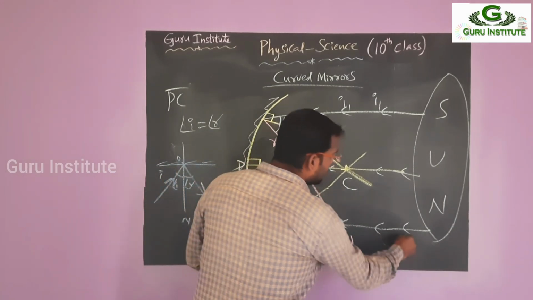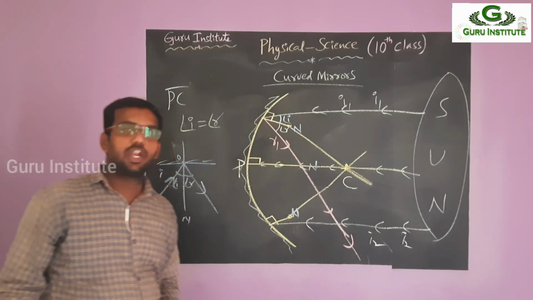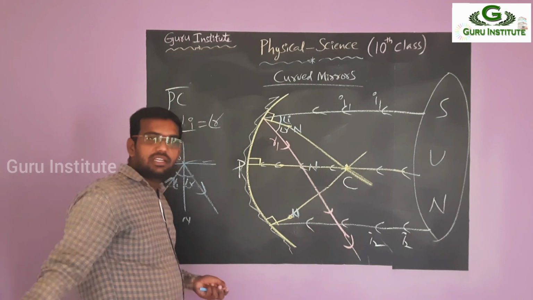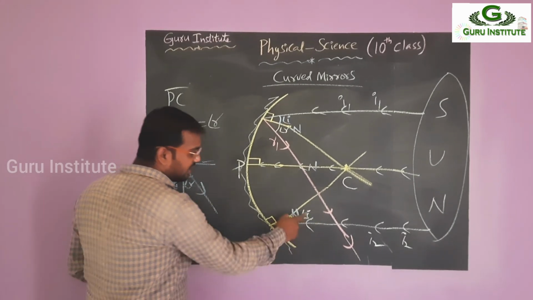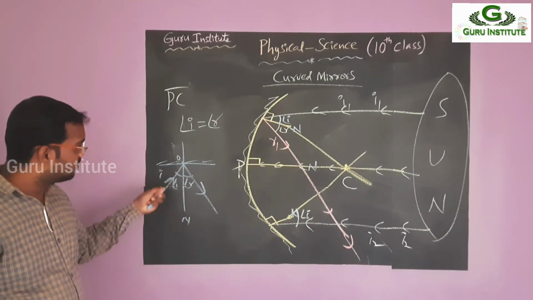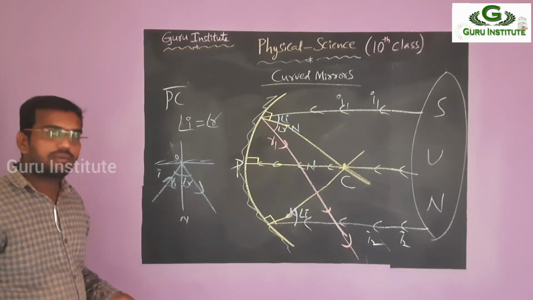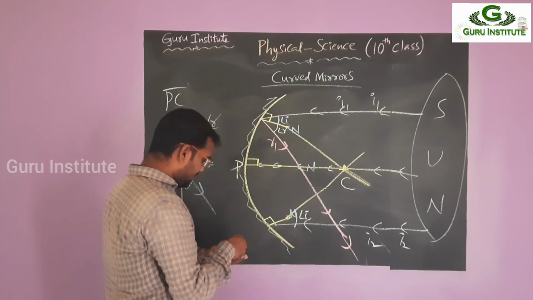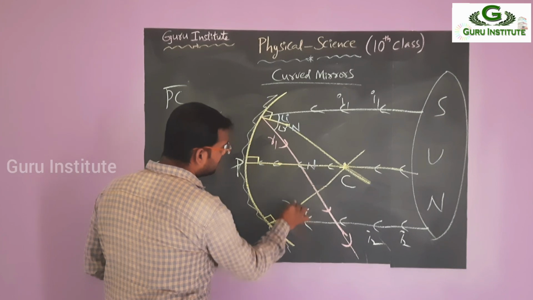So this bottom one is the incident ray. I am taking this as the second one, so that's why I2. Again, the angle between the normal and the incident ray is known as the angle of incidence, angle I. For an equal angle, we have to take the angle of reflection. Before the normal, the incident ray is there; after the normal, the reflected ray is there. So automatically this is the angle of incidence. I am taking the same angle of reflection here, angle R.